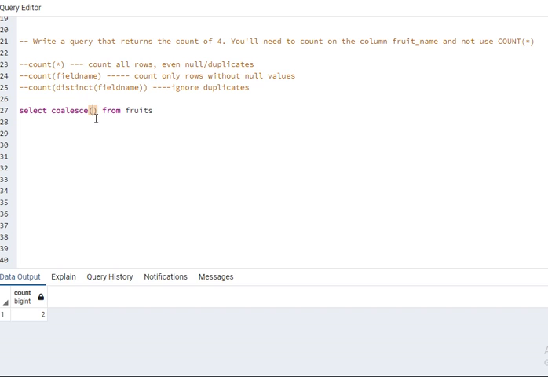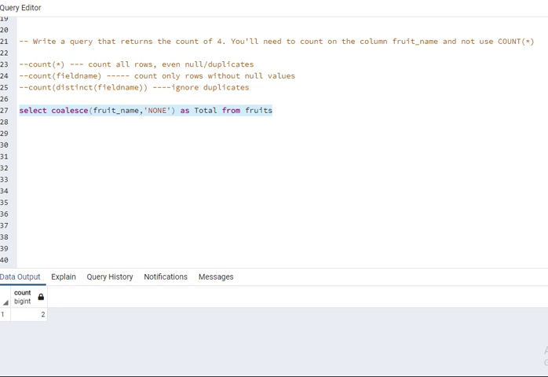So we use the coalesce function, and as the first argument we give the column name on which we want to apply it. So we want to apply it on the fruit name column, and for the second argument we pass the value we want to print in place of null. So I want to print none in place of null, as total.